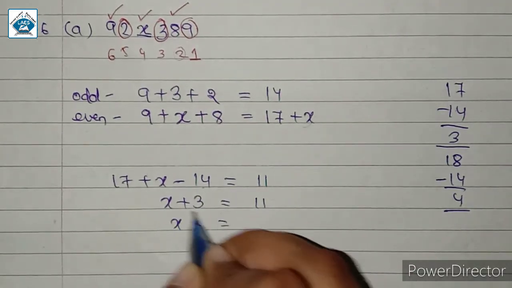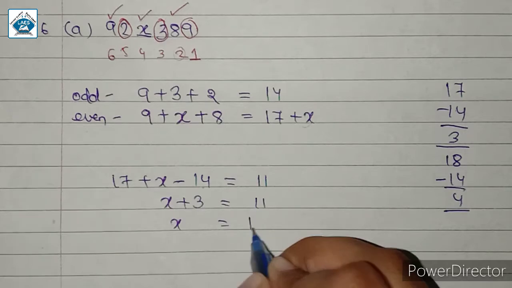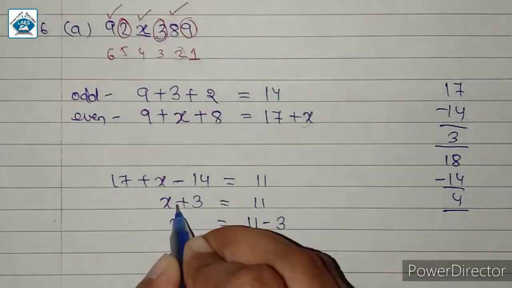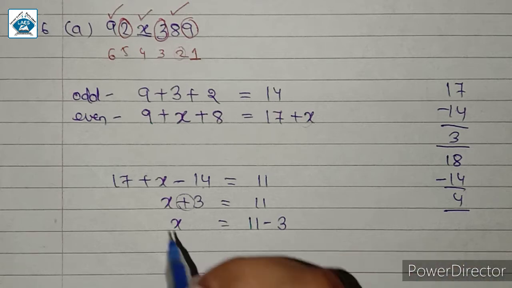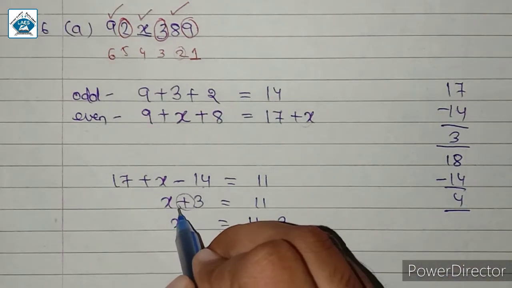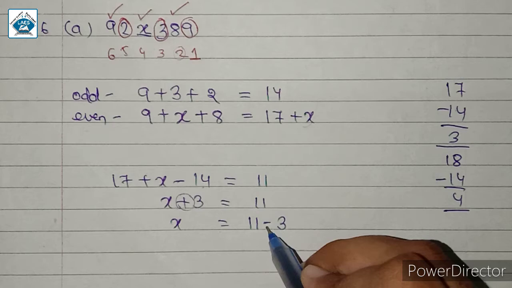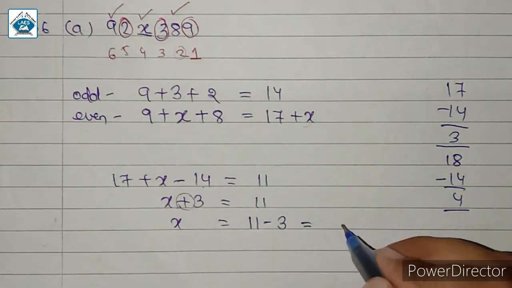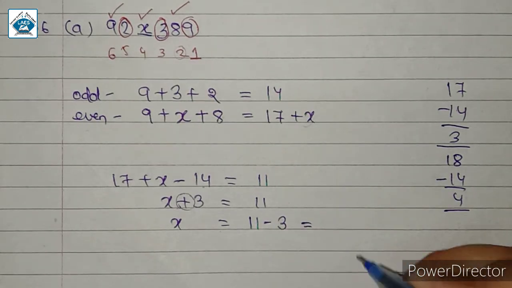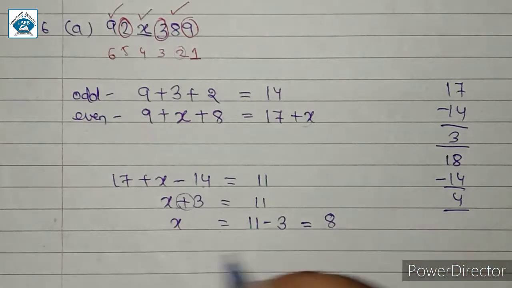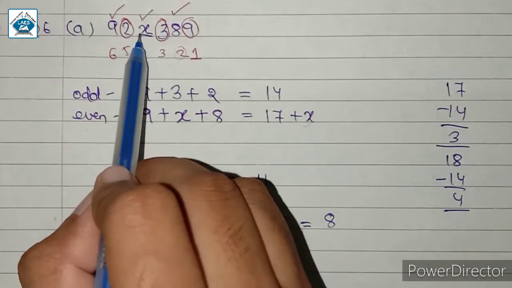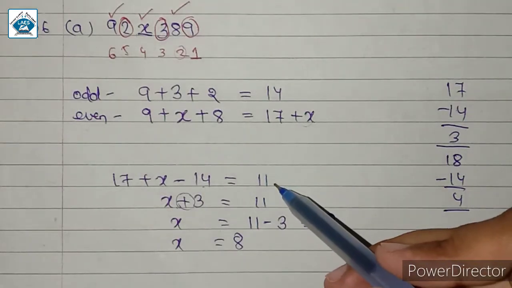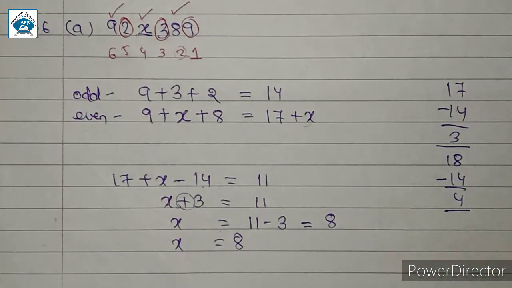तो x क्या हो जाएगा, ये प्लस 3 है, इस साइड ले के जाएंगे तो 11 माइनस 3 हो जाएगा. ठीक है, प्लस का साइन इक्वल टू के ऑपोजिट साइड में, that is it is in the left hand side, when we take it to the right hand side it will become minus. 11 minus 3 is equal to 8. So here x is equal to 8. यानी कि अगर हम इस ब्लैंक स्पेस में 8 लिखेंगे, then we get the number and the difference of those numbers equal to 11.